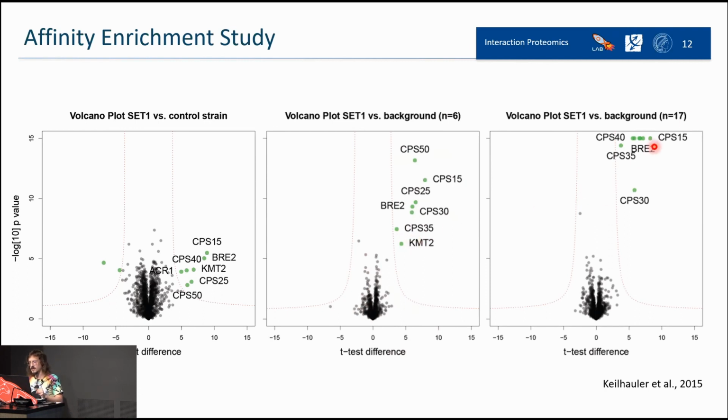And then lastly, they went up to even 17 other experiments, like the entire data set they used. And we can see here that the p-value is so low now that the volcano plot is too small to show where they're actually supposed to be.